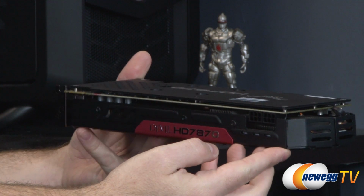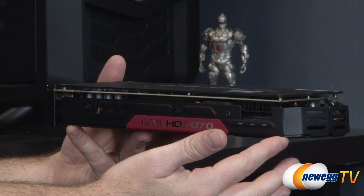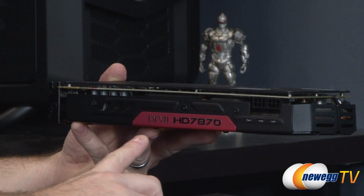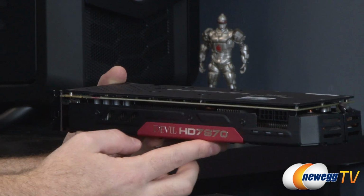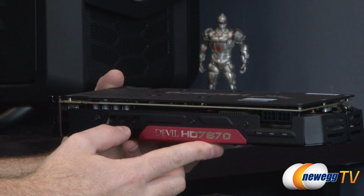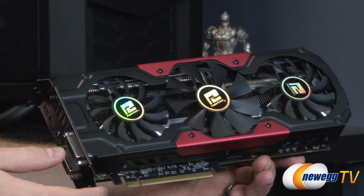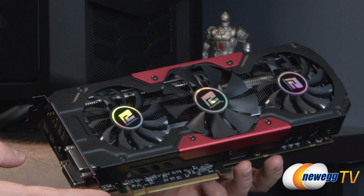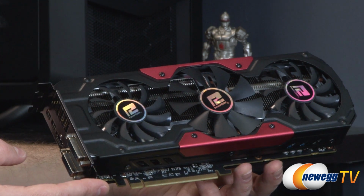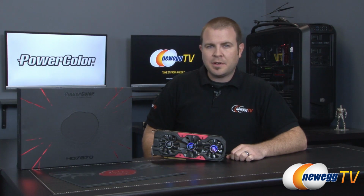Also, just so you get an idea of the look at the card that you'll get with most computer setups when it's installed, you'll be looking at this side with the Devil HD7870 logo right there. And of course, also a nice look at the custom backplate that they've provided for the card. So again, a very attractive, customized Radeon HD7870 designed by PowerColor, kind of in the same vein as the original Devil 13 7990. And that's going to wrap it up for this unboxing and overview of the new PowerColor Devil Radeon